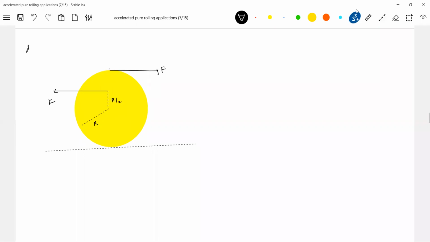So let this be a disk. Earlier I took this, no, let me take a solid sphere. And there's one more problem where you can apply the force wherever you want, nobody will trouble you. So 2F applied. Sir, why don't you apply some different force? Let me take 2F, no problem. I applied one above the center of mass, the other at a distance r, and it's kept on a rough surface. Let's see what conditions will come here. Net force is acting towards the right, so acceleration of the center of mass is towards the right.